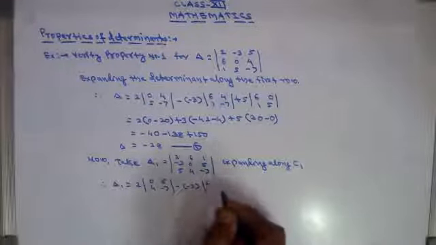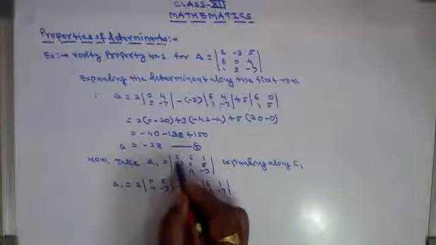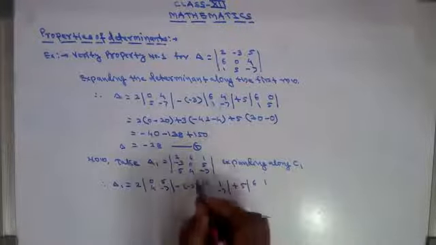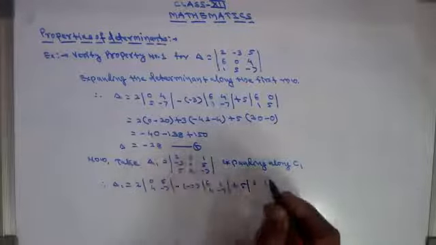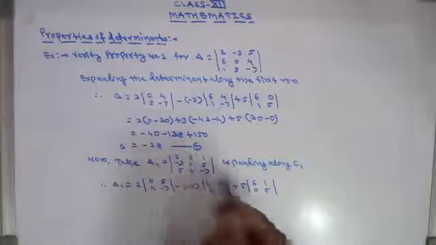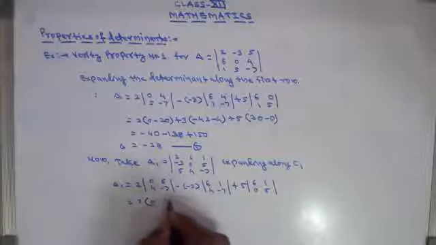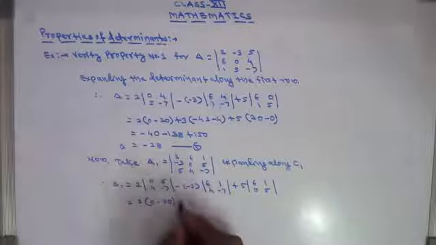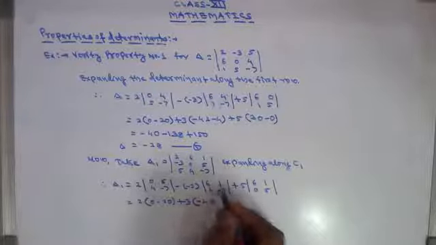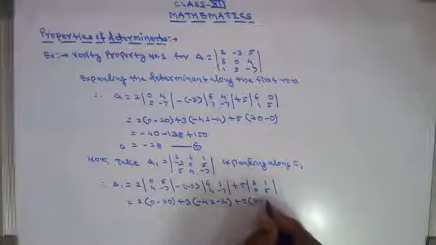this is 6 1 and 4 minus 7, minus 3 means leave this column and this row, then plus 5 into 6 1 4 minus 7, leave this row and this column, 6 1 and 0 5, so it comes 2 into 0, this is minus 20, 5 into 4, then plus 3 into minus 42, 6 into minus 7, then this is 4 into 1, that is minus 4, plus 5 into 6 5 is 30, then this is minus 0.